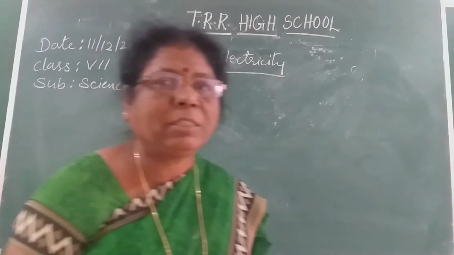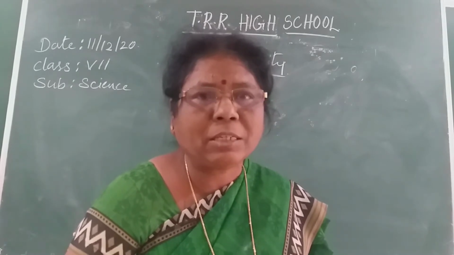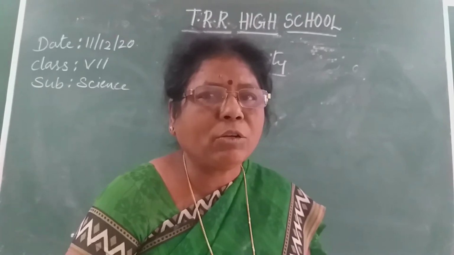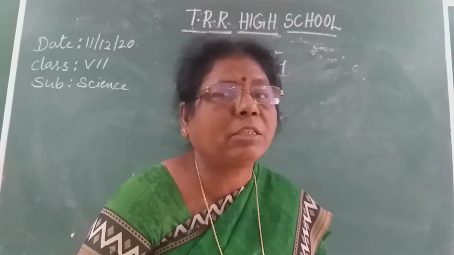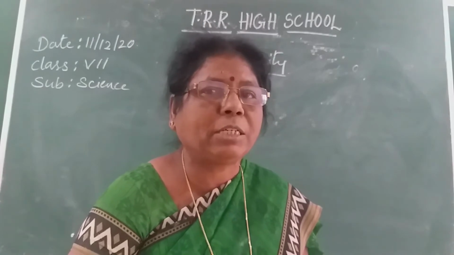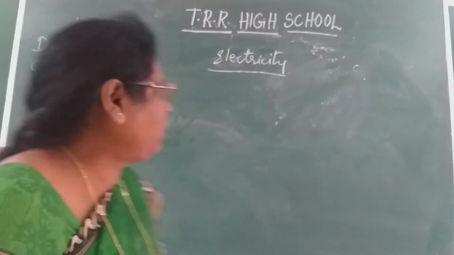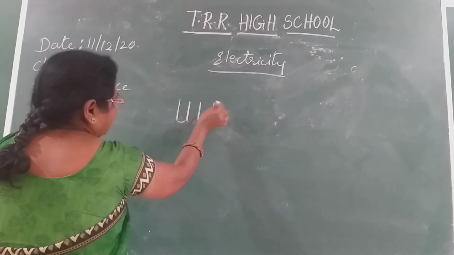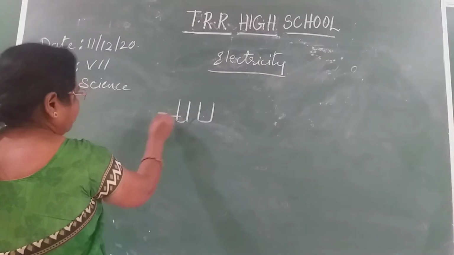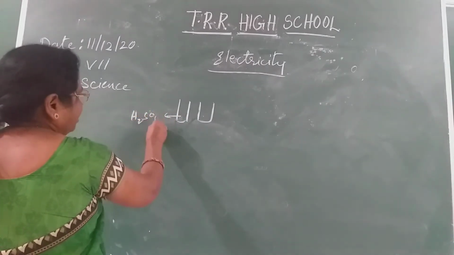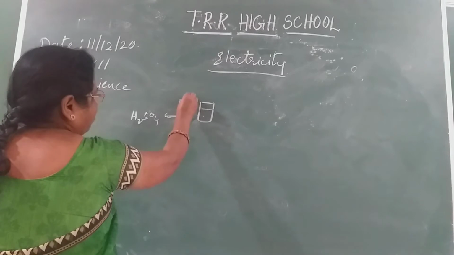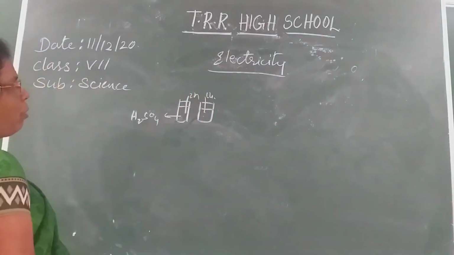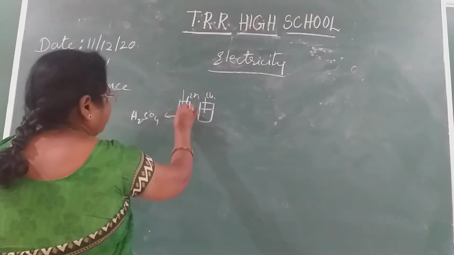In that we filled sulfuric acid, and we took two rubber stoppers. In one hole we connected the zinc sheet, and in the other hole we connected the copper sheet, and the other bottle is connected the same way. We took the two bottles with the electrolyte, that is sulfuric acid, with the two-hole rubber stopper, one zinc and one copper sheet. Copper acts as a positive terminal, zinc acts as a negative terminal.